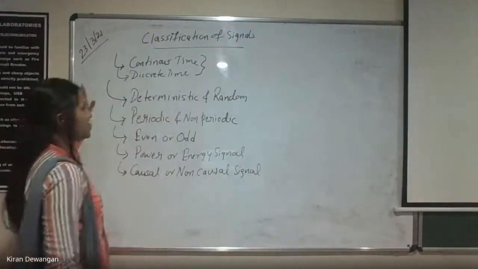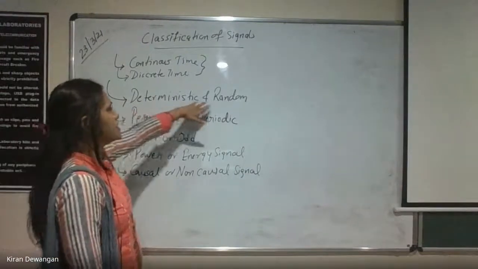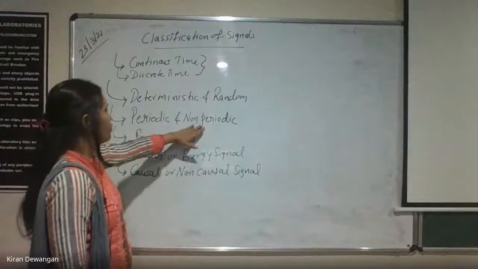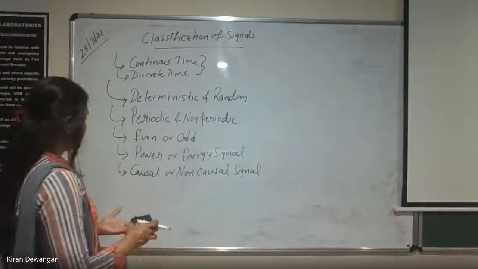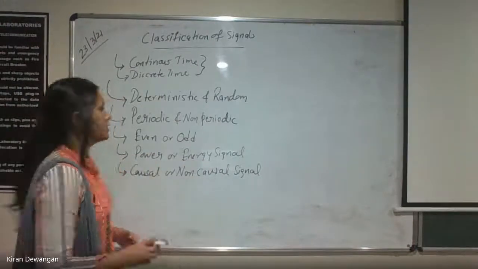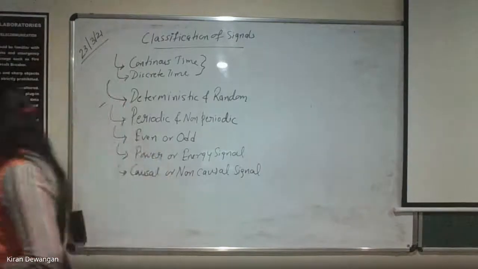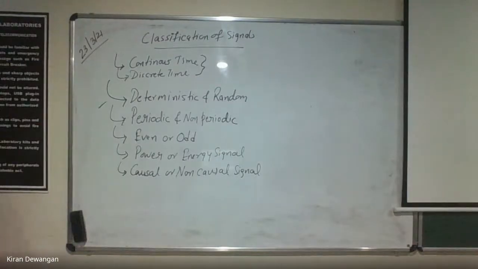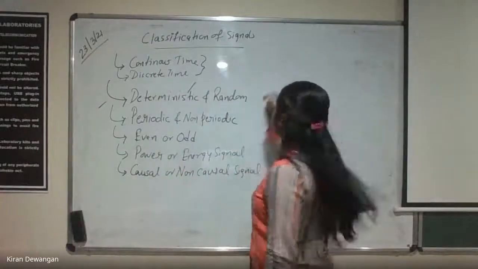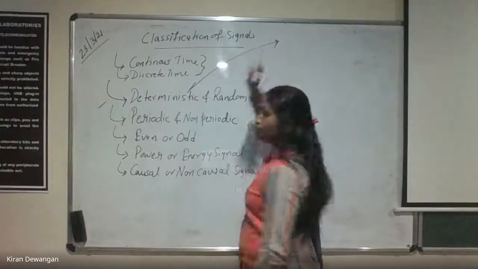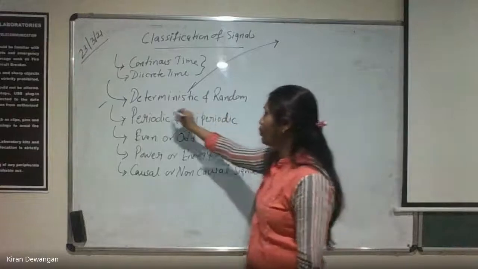Okay, so these are the classification of the signal where we need to understand what are deterministic and random signals, periodic, non-periodic signal, even, odd signal, power, energy signal, then causal and non-causal signal. So we'll just go one by one. What are the signals all about? Okay, so we'll see ये signals क्या-क्या होते हैं. First, we'll start with the deterministic signal. Now, when we talk about a deterministic signal, we need to just remember 2-3 points.